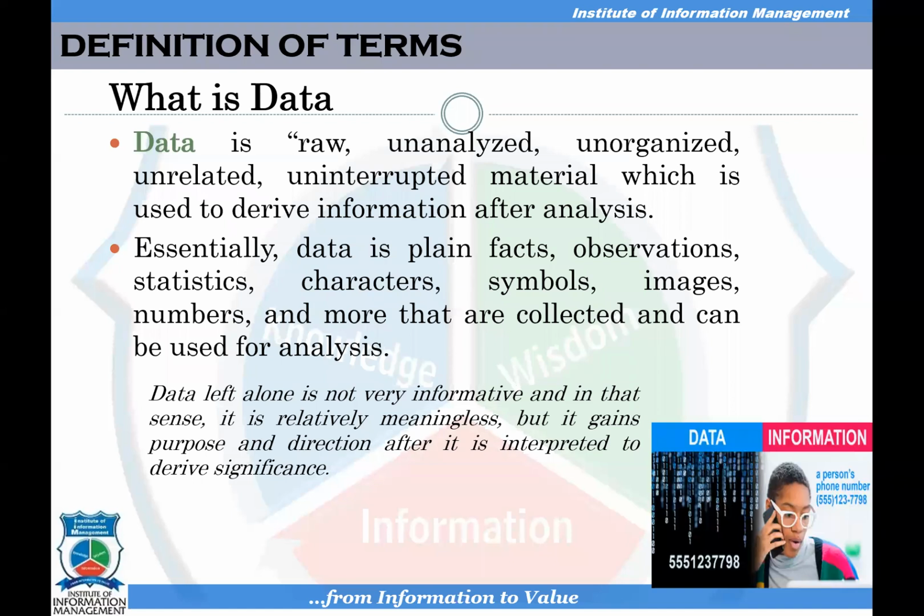Now, this drawing at the bottom right-hand corner, in the data aspect, you see a phone number. You see a number, actually. It does not make sense to you. But really, when you convert it to information, this is somebody's number, which you can interact with, and we can buy from. That's why you are looking for so many numbers or email addresses just to get information. So the data on its own can make no sense, but that does not really mean it's not important.